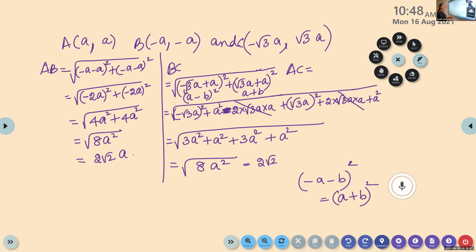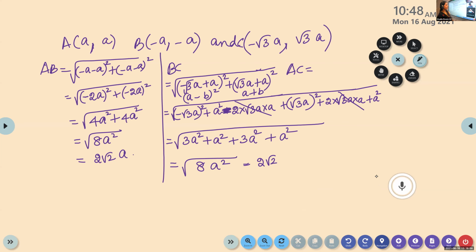If both the terms are negative, why? We take one minus outside. It is minus of a plus b the whole square. When we square it, the minus will become plus. So it will be the same as a plus b the whole square. If both the terms are plus or both the terms are negative, we can use a plus b the whole square. If any one of the terms is negative, then you have to go with a minus b the whole square. Okay, same way do the next one.